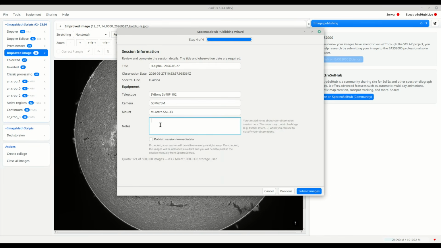And now I can say, yeah, this is a live demo of a stack. I'm going to use intentionally a hashtag there. And I could click on this button to publish the session automatically on SpectroSolHub, but that's not what I want to do,